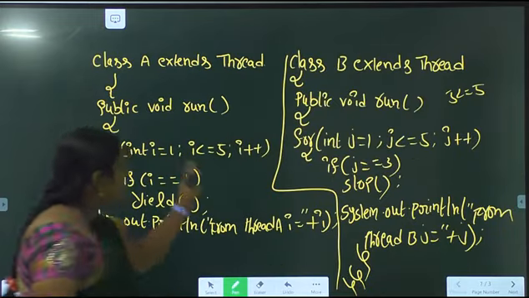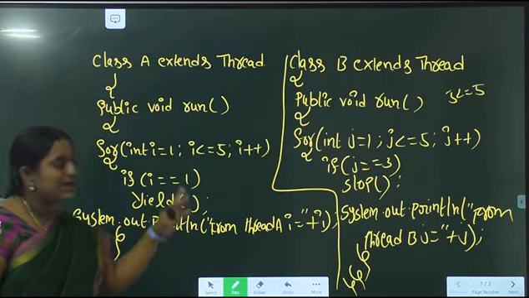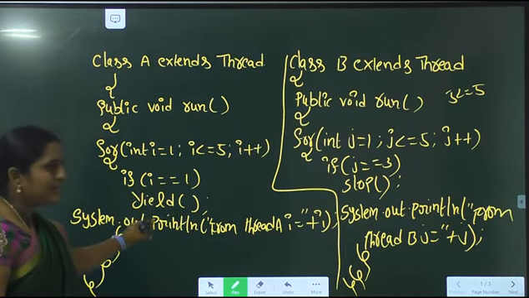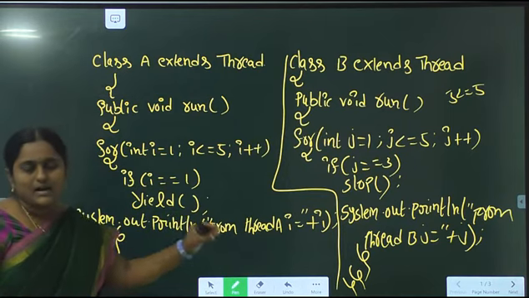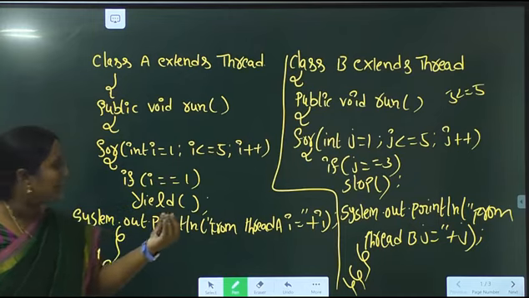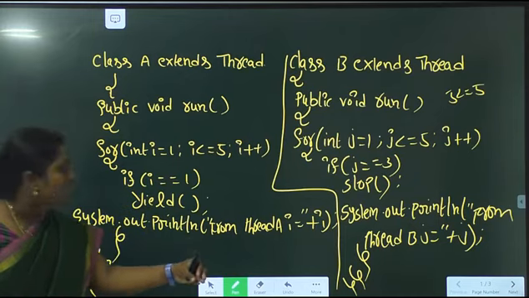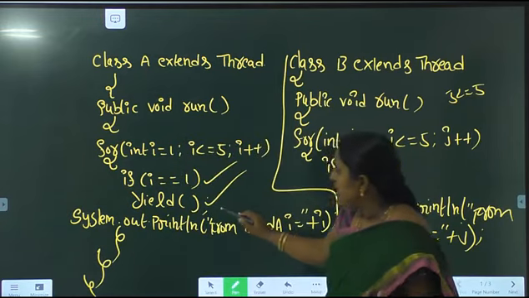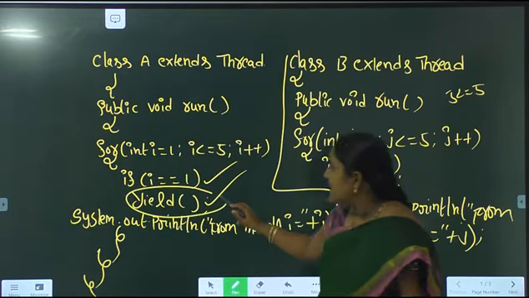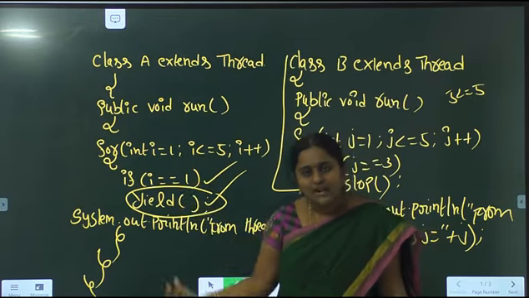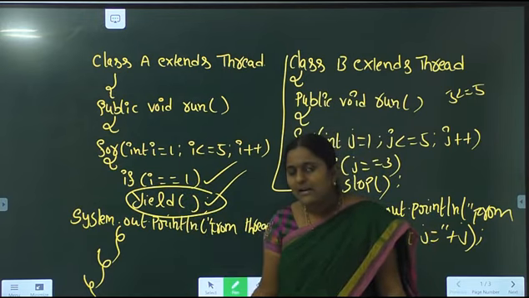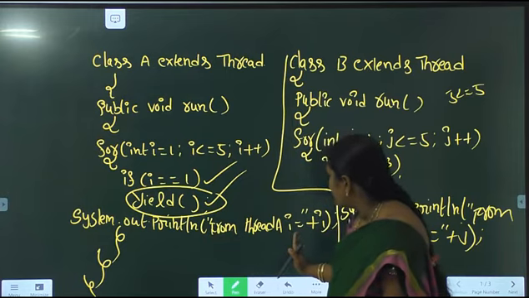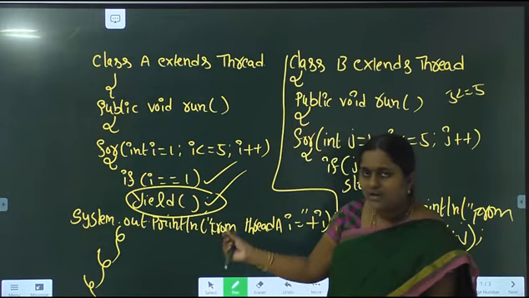So here I am defining three classes: A class, B class, C class. A extends Thread, B extends Thread. Here I am defining the run method. Within the run method I am using a for loop. The for loop will iterate continuously until the condition becomes false. Suppose if i equal to 1, I am calling the yield method. So what is the purpose of the yield method? It causes the currently executing thread to pause and allows another thread for execution. Then System.out.println from thread A, i equal to plus i, I am printing the i value on the console.